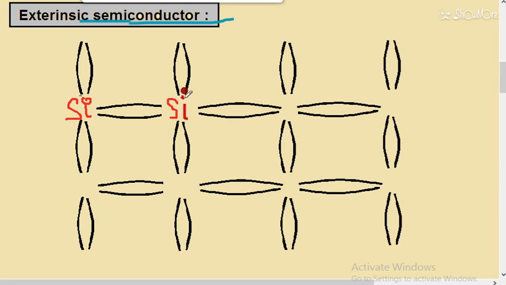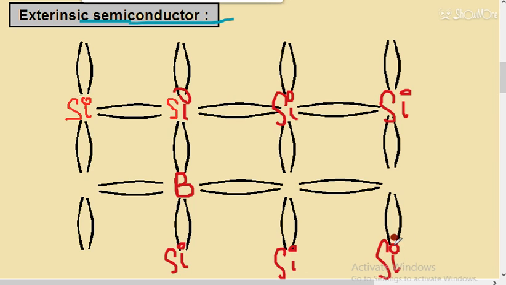So this is again silicon, this is again, let's suppose silicon, this is again silicon. So 4 atoms are of silicon. Let's suppose this atom is of boron and all the rest are silicon. So all the other atoms are of silicon and one atom is changed. Here you can see I have taken boron here. Now it is extrinsic because a silicon atom is replaced by some other.